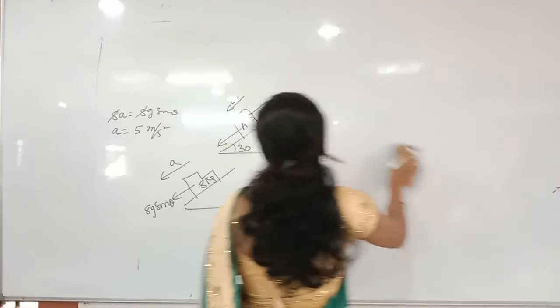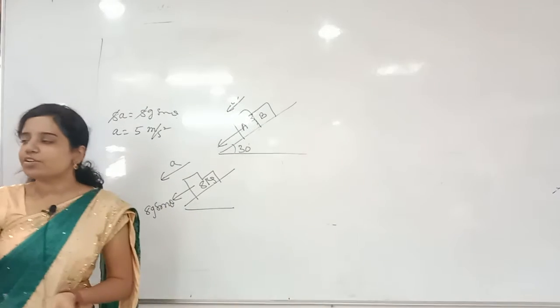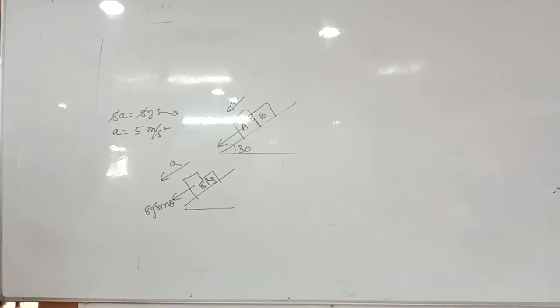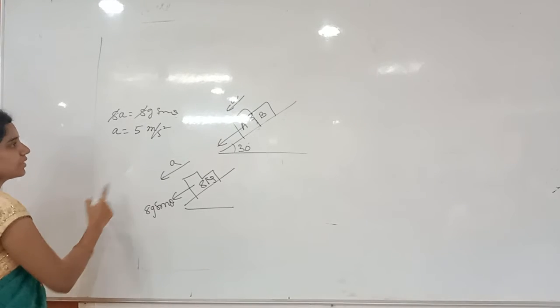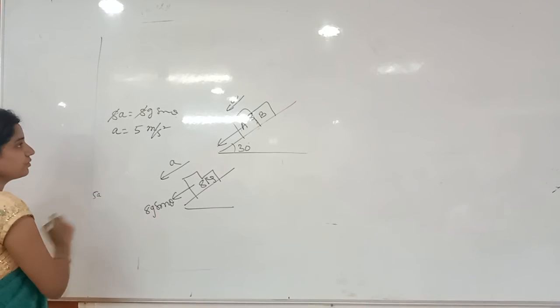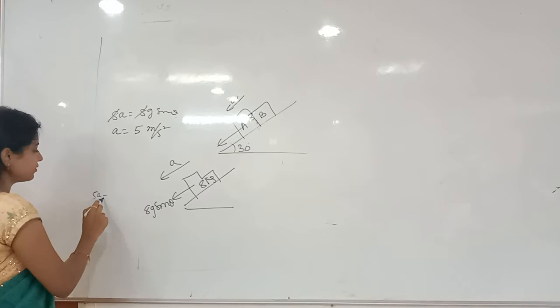Then after that, the normal reaction. You have to get the normal reaction between the bodies. Can you get that? What is that? 40, na? A is 5, huh? 5a minus 5a is equal to...